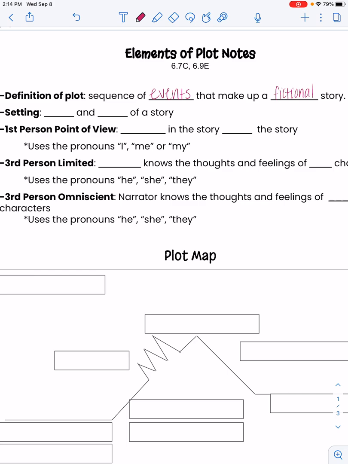When we're talking about plot, it's important for us to remember that setting is going to be key. Setting is always going to be the time and place of a story. It's also going to be important that we understand point of view. Hopefully this is not anything new, but we have 3 different types we're going to focus on in 6th